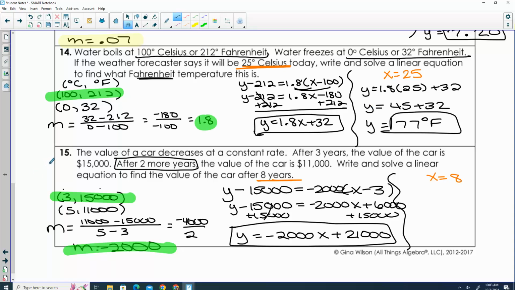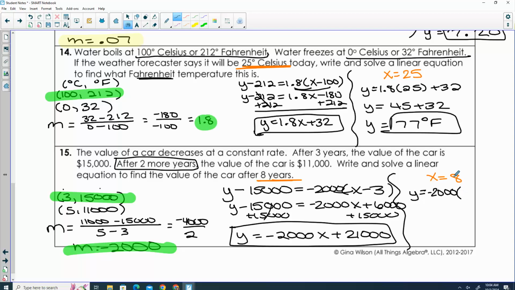So then, Kylie, what would I do with that? Y equals 4,000. Sorry, remember we fixed that, it was a negative 2,000 now, I had a mistake there, so negative 2,000